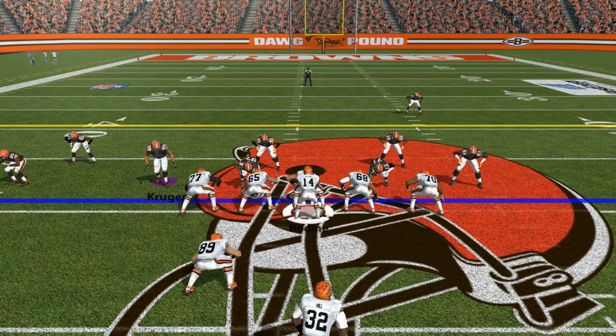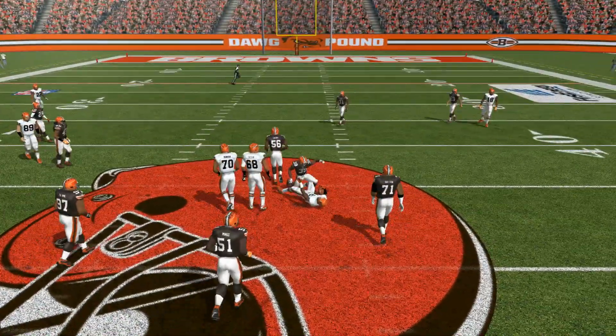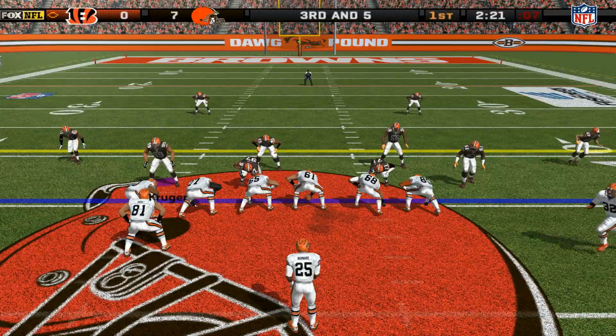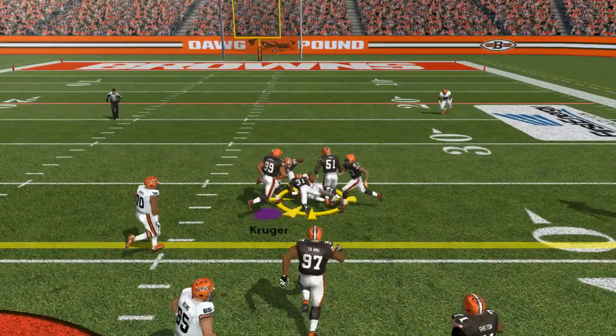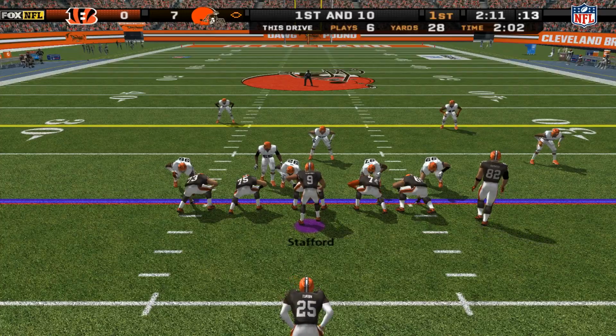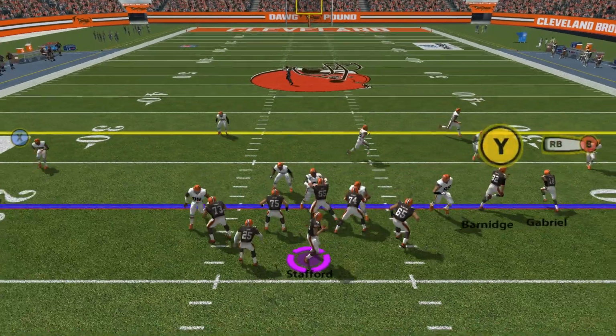Now on 2nd and 10, Andy Dalton goes back, completes it to Mohamed Sanu over the middle. Now on 3rd and 5, out of the Wildcat, Bernard passes the ball to A.J. Green, incomplete. So that brings up 4th down and a punt. Stafford now from the 20-yard line